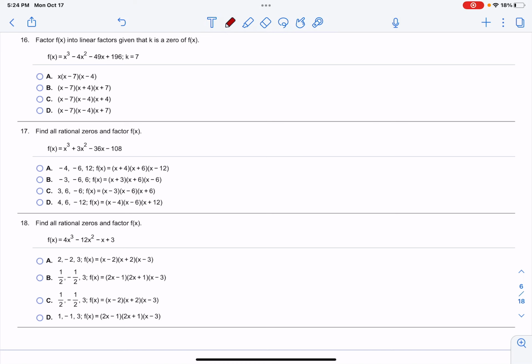For number 16, we want to factor f of x into linear factors given that k is a 0 of f of x. To do this, since k equals 7, we're going to set up a synthetic division using a 7 in the box and writing the coefficients for the polynomial 1x to the third minus 4x to the second minus 49x plus 196. We bring down the first term,